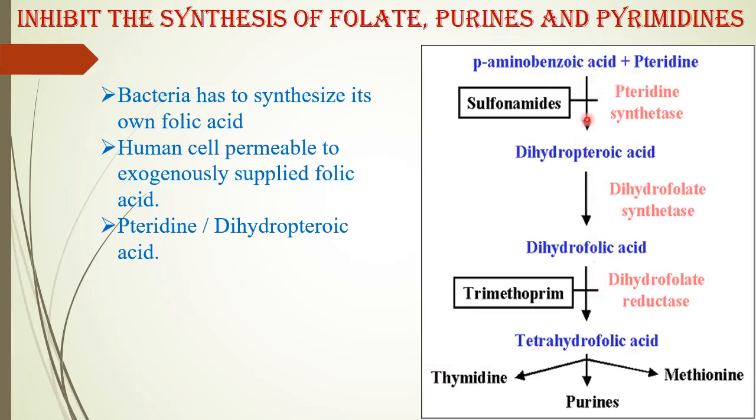Okay? So the sulfonamides are antibacterials. Why are we saying antibacterial? Because it is synthesized in the laboratory. Trimethoprim is synthesized in the laboratory. Antibacterials. So this sulfonamide will block this step. Trimethoprim will block this step. Finally, there is no tetrahydrofolic acid. The bacteria cannot synthesize protein. It cannot synthesize purines, RNA, DNA. Finally, the bacteria die. Right? So this is all about the mechanisms.